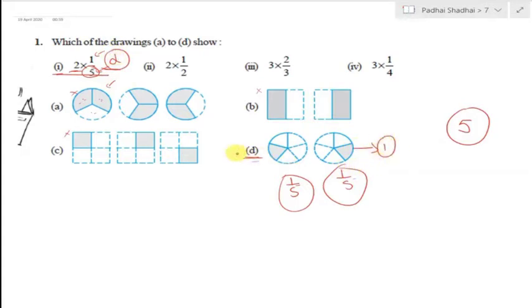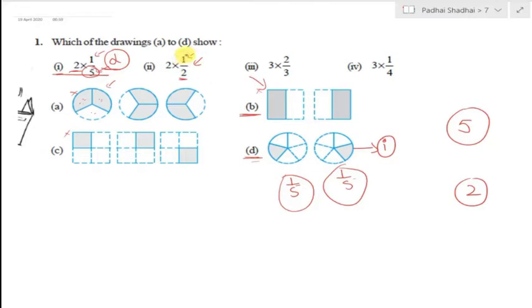Okay. Let us check for question 2, 1 by 2. Let us check the remaining 3 figures. Which figure is divided into 2 parts? One body is divided into 2 parts, meaning out of 2, 1 is shaded. Directly we can see B, beta. In B, 2 parts are given and 1 is shaded, so it is 1 by 2. And there are total 2 figures.